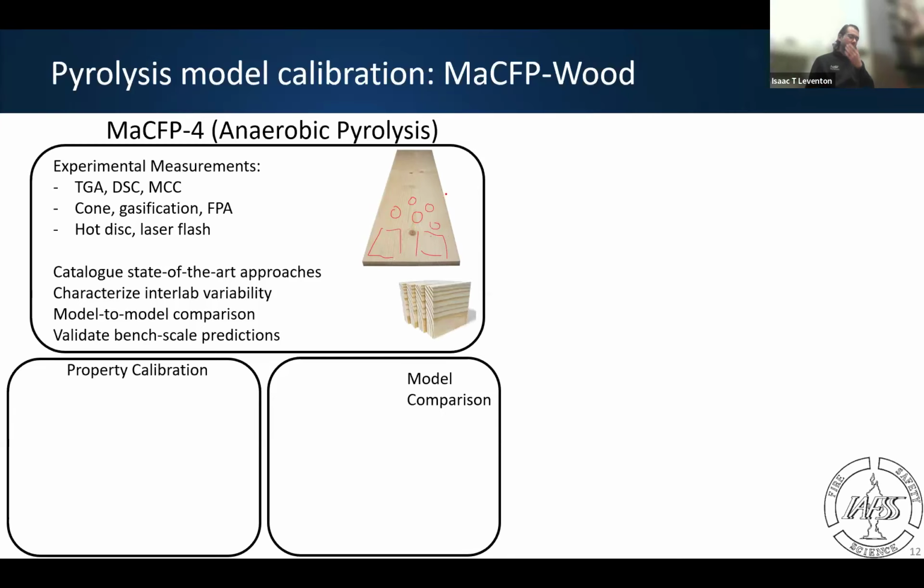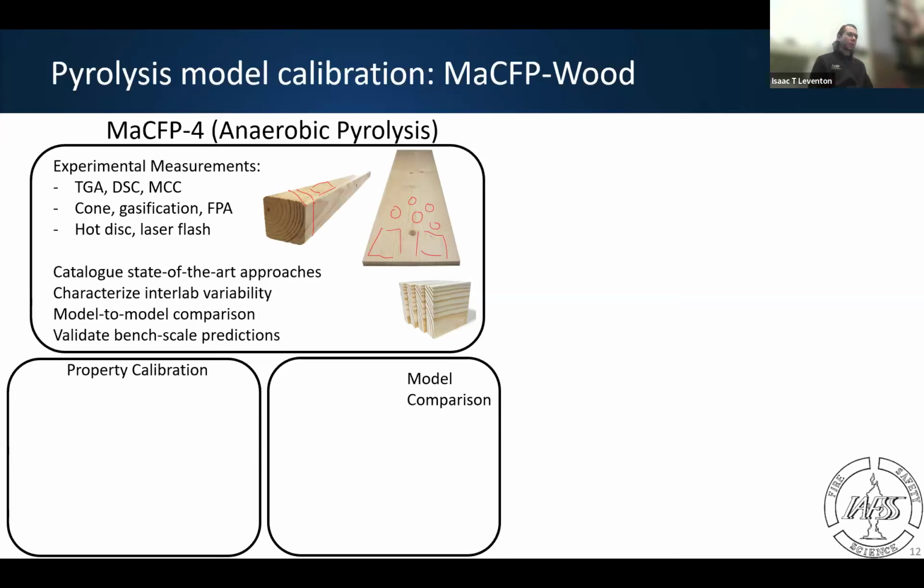Just for the sake of model parameterization and seeing how variations in properties affect your simulations, we're also going to buy 4x4 versions of these materials to cut simple squares across the grain or cut them along with the grain, so we can see how thermophysical properties vary there and how that affects our results. All of these materials will be bought at the same time from the same supplier, from the same source. We'll prepare them in similar ways so that we're working with the same material for property development up to larger validation tests. So here's our core wood.